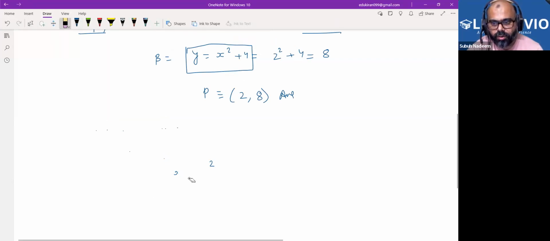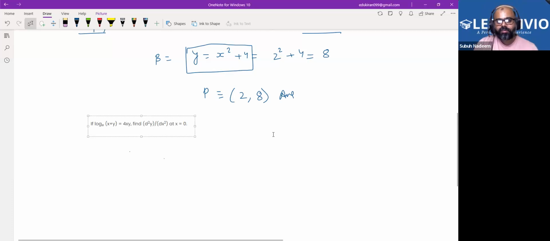Let us come to another question, which is purely on differentiation. So this is the question we have here. This question says,